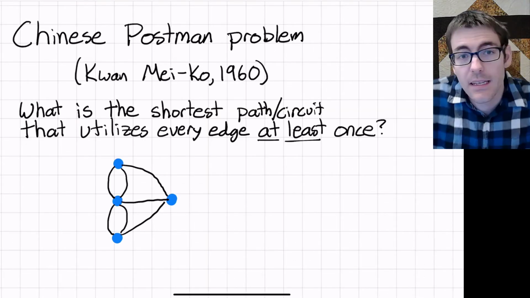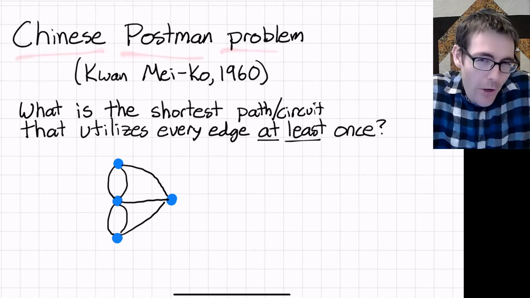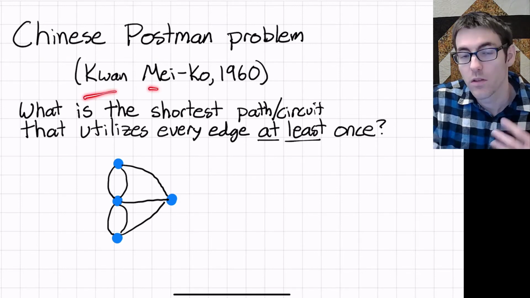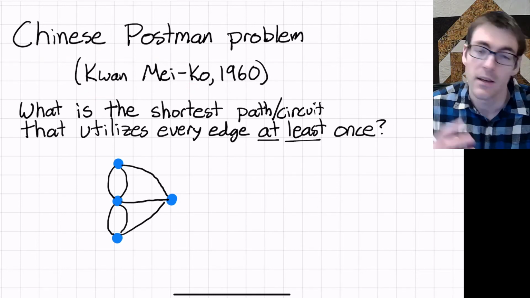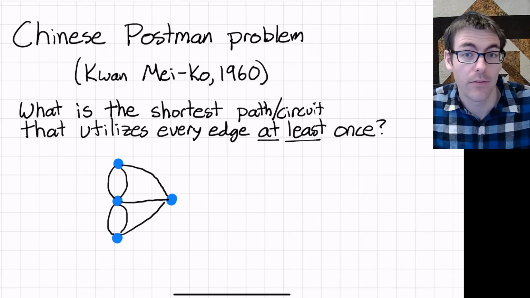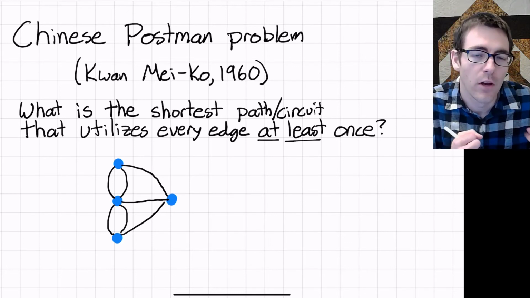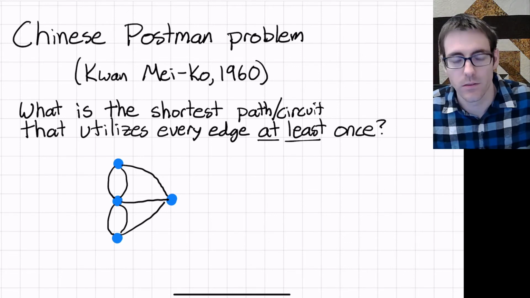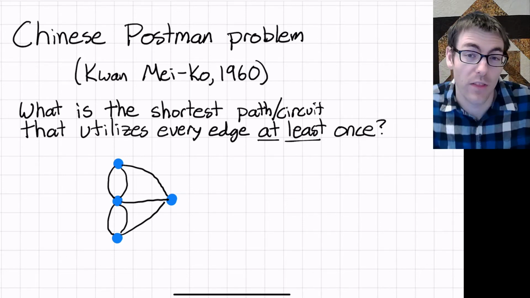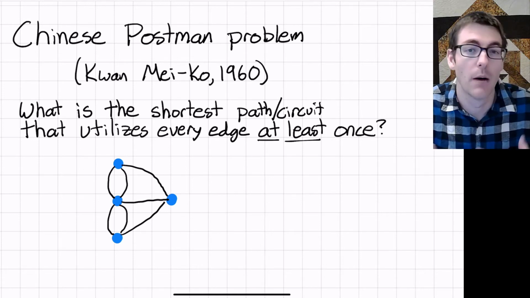Lastly, another related question that we can ask is known as the Chinese postman problem. It's called the Chinese postman problem because a Chinese mathematician, Quan Mei Kuo, was working on this in the 1960s, and it's commonly attributed to him. So the idea is that if we have a graph that does not have an Eulerian path on it, that there is no way of crossing every edge exactly once, well, what's the next best thing that we can do? What is the shortest route that we can take that hits every edge, but minimizes how much doubling up